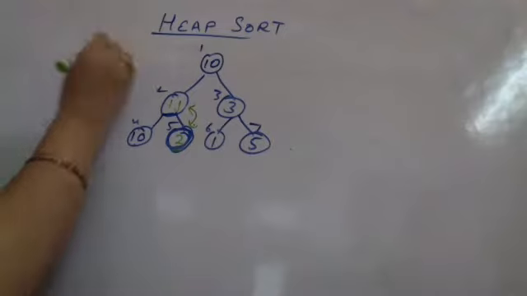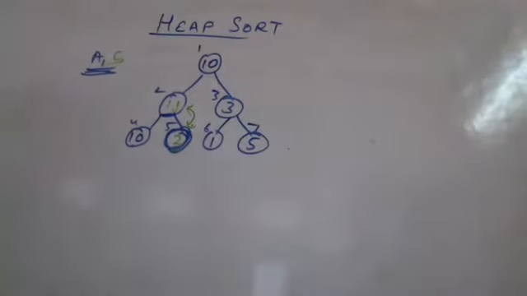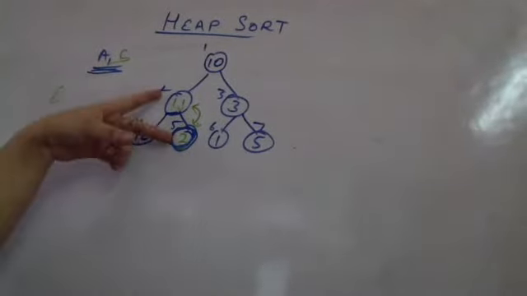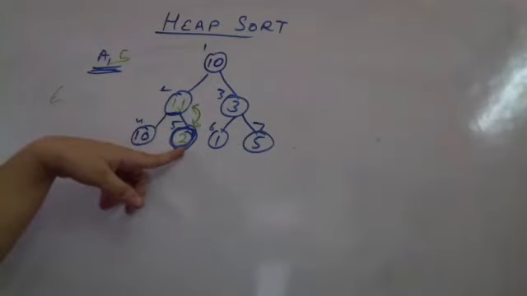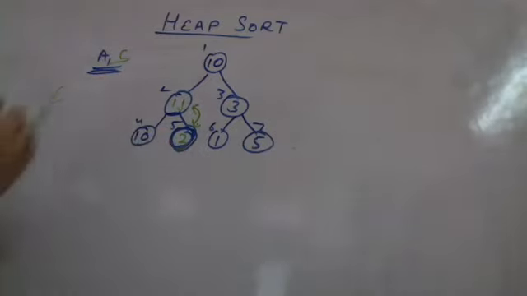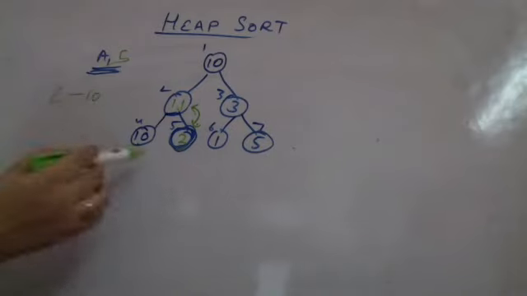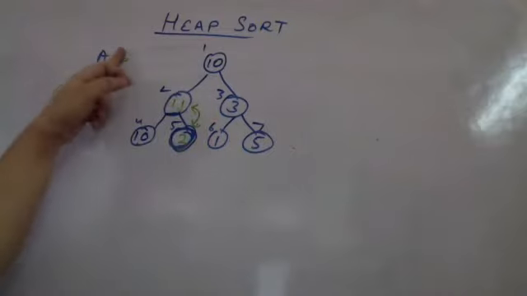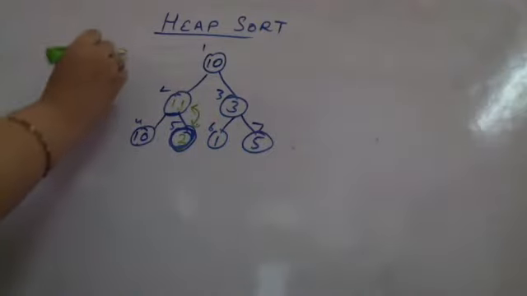That means a comma 5 के लिए it is called again. So after swapping these two, heapify will again be called for the location 5. Now left child of 5 is 5 into 2 is 10, and the right child is 11. 10 and 11 जो है वो heap के size से बाहर है, तो heapify if वाली conditions में जाएगा ही नहीं, it will stop.